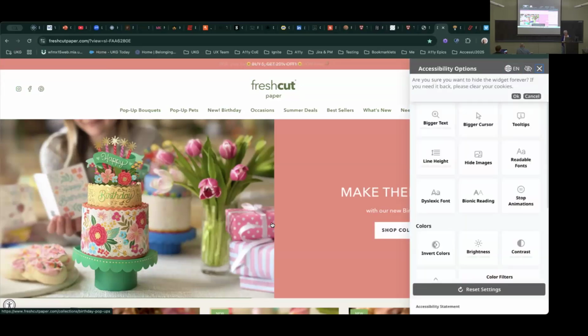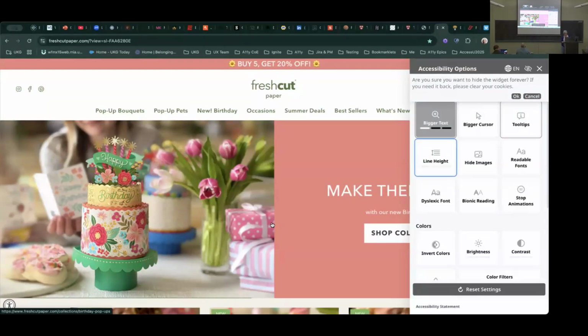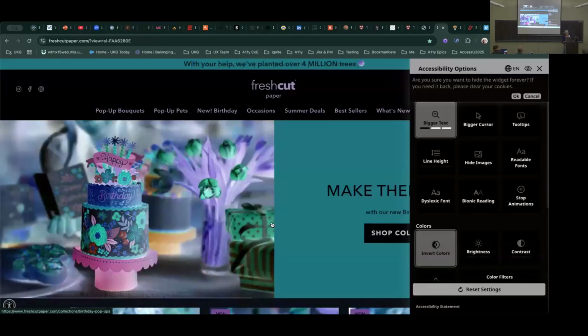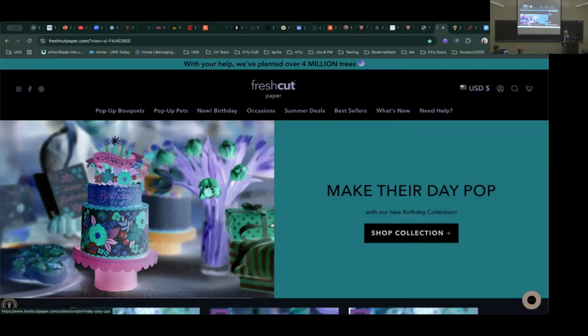So, okay, I could use it for certain things. I could ask for bigger text. I could ask for maybe invert colors. Okay, and so I said, all right, I'm good. I'm going to hit escape, close it. Good, it closed. But I go down into the page